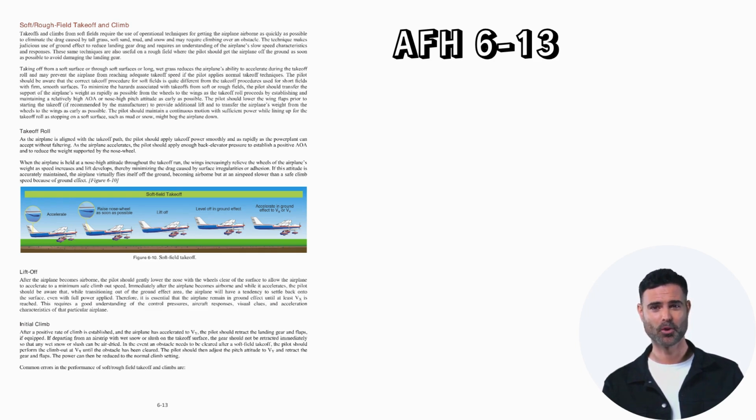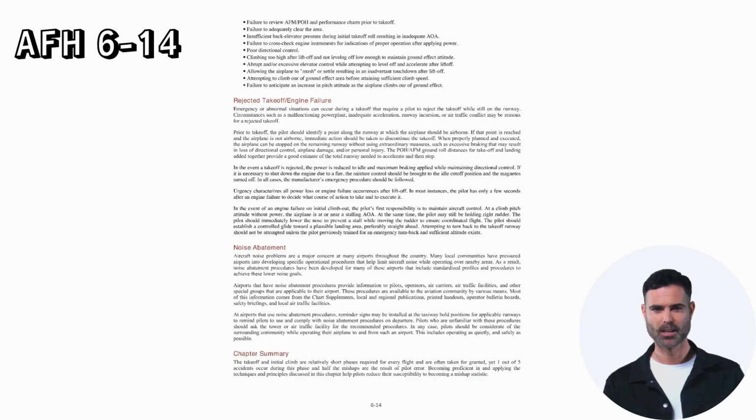Common errors in the performance of soft rough field takeoff and climbs are failure to review AFM, POH, and performance charts prior to takeoff, failure to adequately clear the area, insufficient back elevator pressure during initial takeoff roll resulting in inadequate AOA, failure to cross-check engine instruments for indications of proper operation after applying power, poor directional control, climbing too high after liftoff and not leveling off low enough to maintain ground effect attitude,